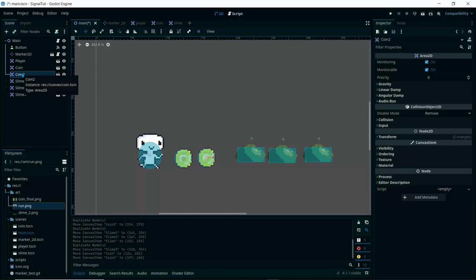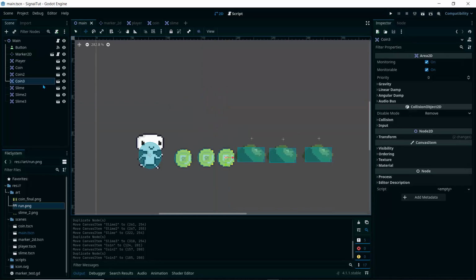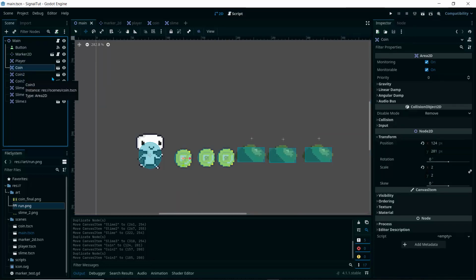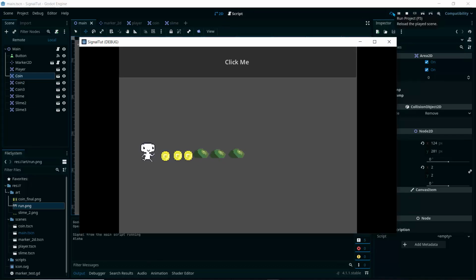And let's just duplicate another one. So these are all instances of the scene. Each coin is an instance of the scene. So this is a scene with a coin on its own. And then when we get to our main scene, we can actually see all of these coins like so, such that when we play it, we can actually see all these objects on the scene like so, and they're waiting